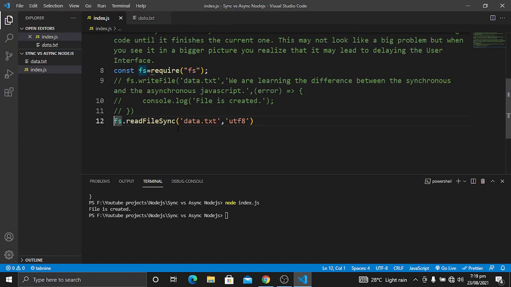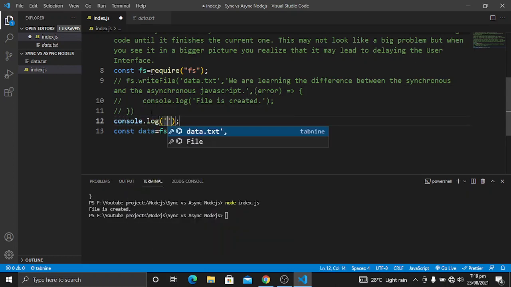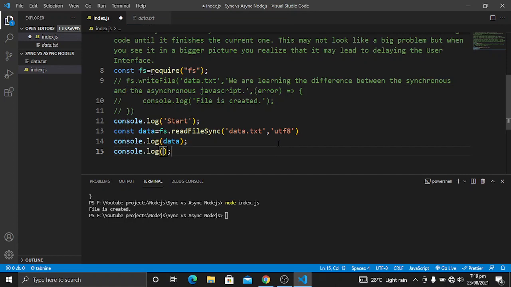I will store the data into the data variable, and I will also log start, and at the end I will log the data, and underneath this I will also log end.